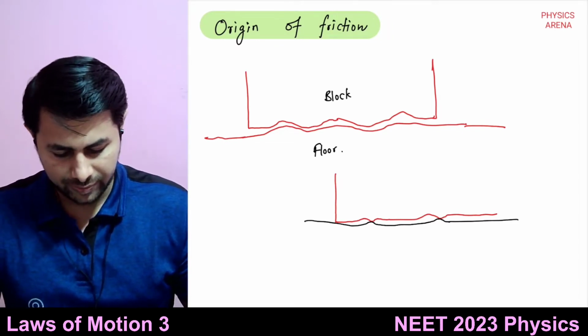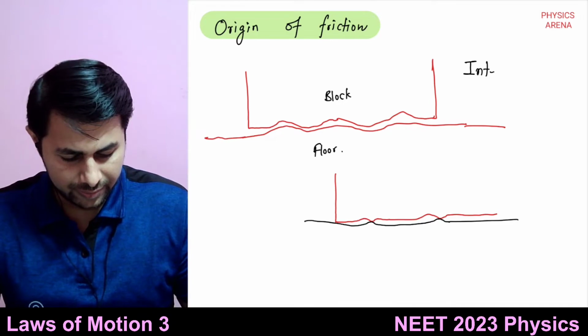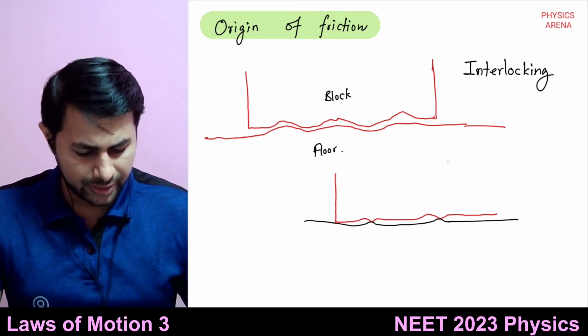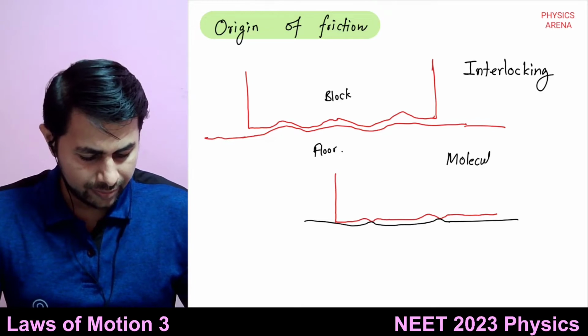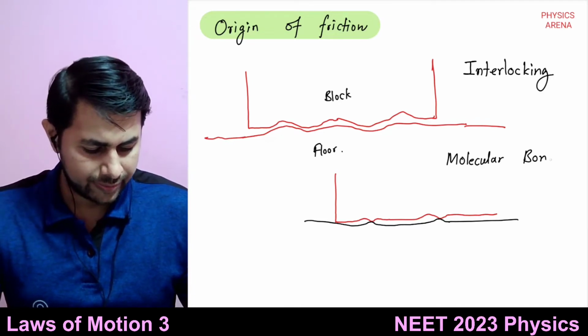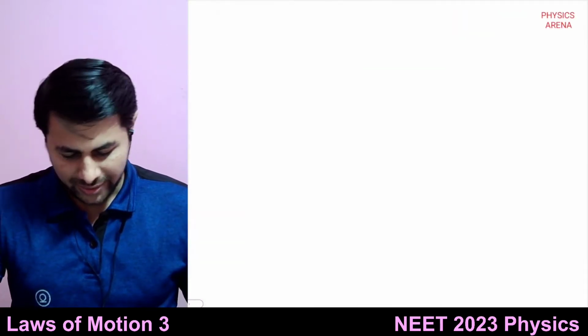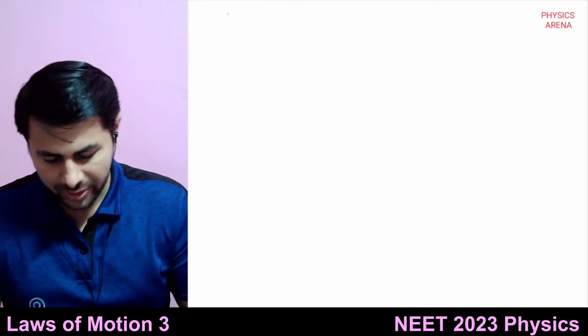One is interlocking and another is molecular bonds. So is it clear? All right, then let's move on to the laws of friction,